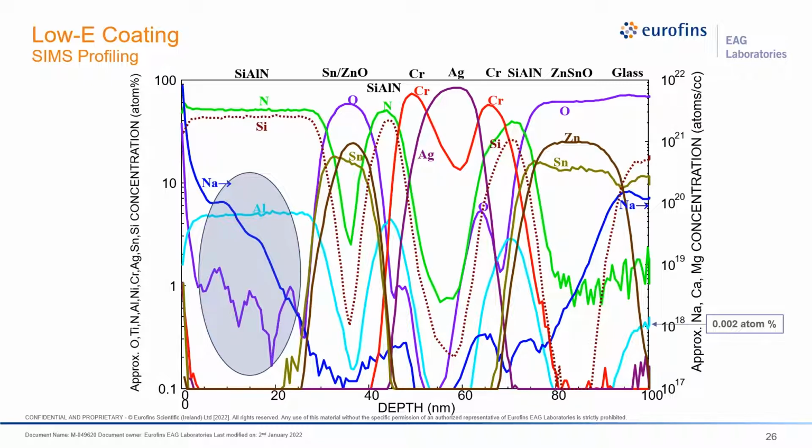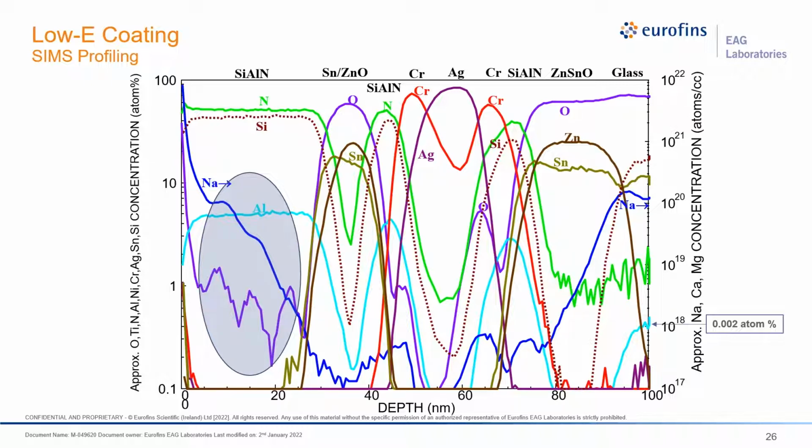So this chromium layer is expected to be about 2 to 3 nanometers. We also want to know whether there's some diffusion of these elements or oxidation of the elements, as well as the